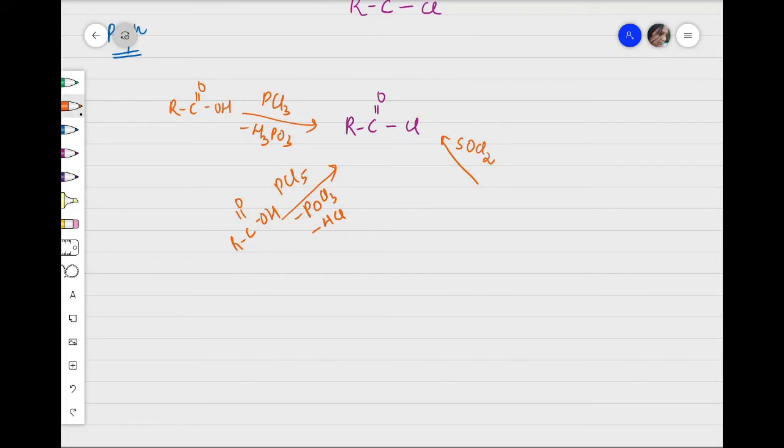SOCl2. Okay, here we get sulfur dioxide and HCl, and your starting material is again the acid. So these are the three sets of preparation of your acid chloride. Let's look into the mechanism of how thionyl chloride reacts with a